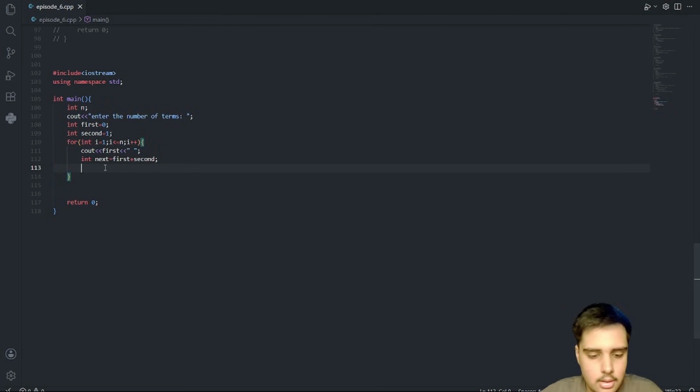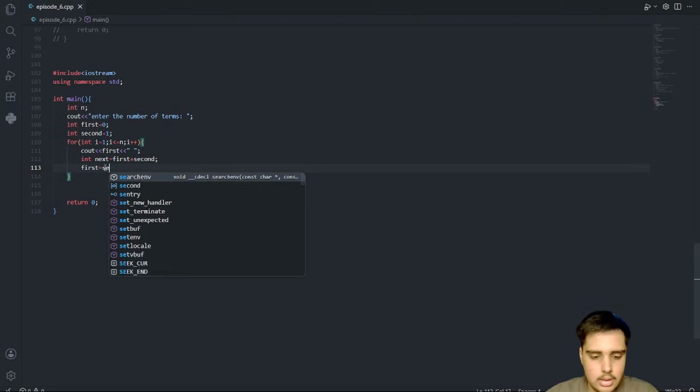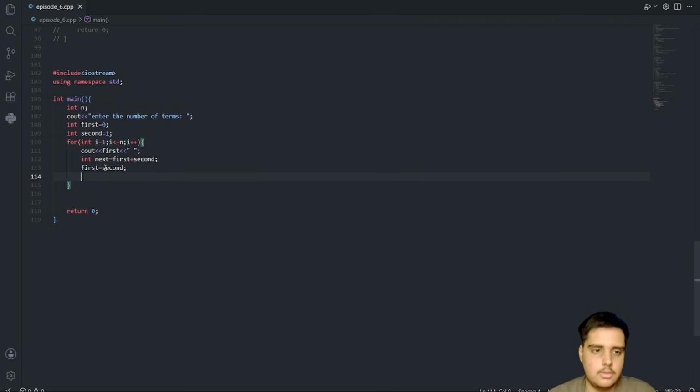Second, first is equal to second. Understand, before is first plus second, the next line is first is equal to second, and the third line is second is equal to next. What it does is it replaces it completely.